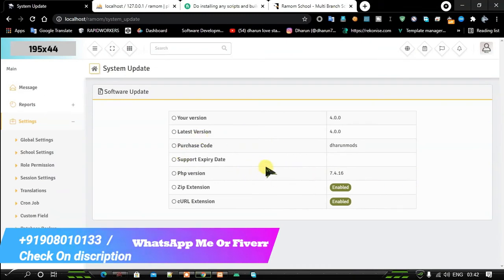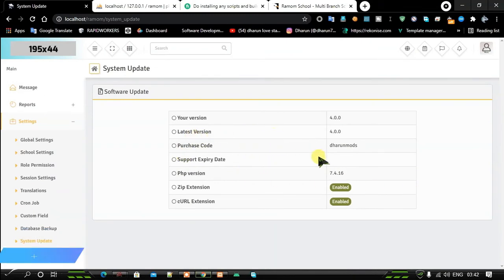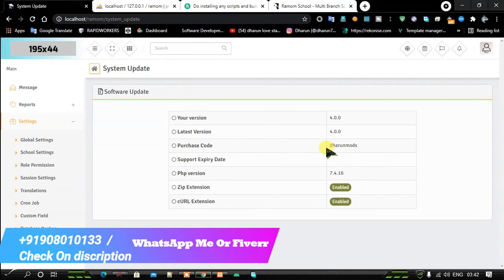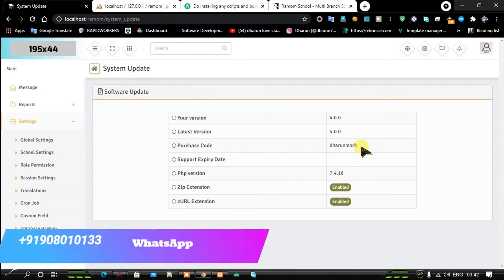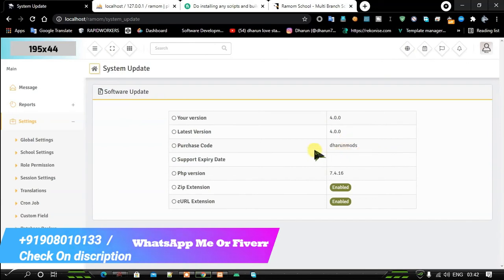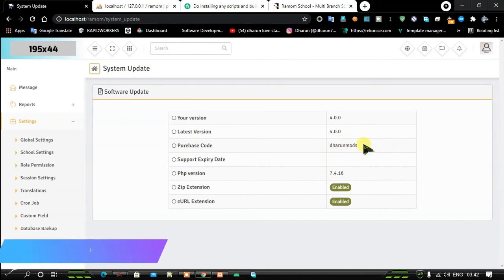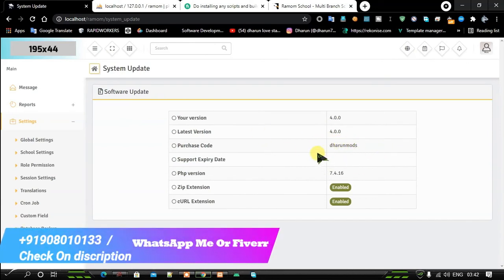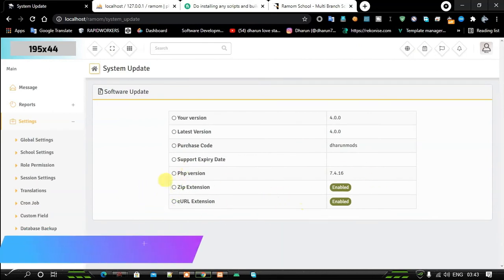You can see the purchase code field is only showing Darun Modes because I entered random text, my own YouTube channel name. Then there is some script information like the PHP version and extensions.